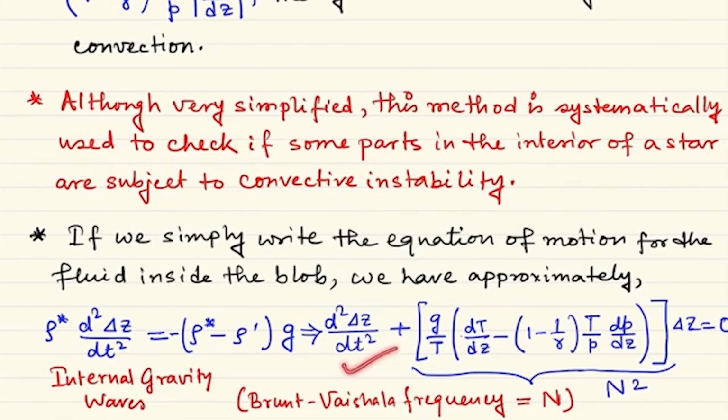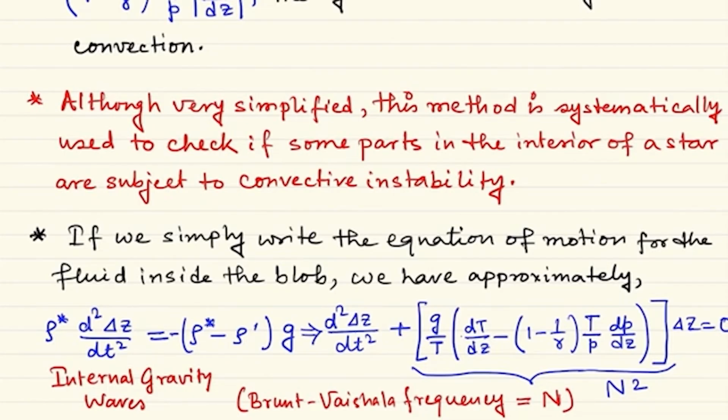For the particle, this is an oscillation type of thing, but here we have written it just for the mass blob. For the whole fluid medium, if you do the correct linearization, you can see that you have a linear wave mode with the same type of frequency, which is the root of this quantity. And that wave is known as the internal gravity wave. So remember, an internal gravity wave says that your system is thermally stable, or convectively stable,